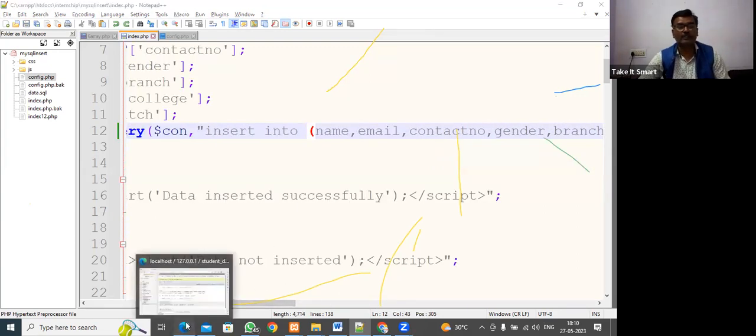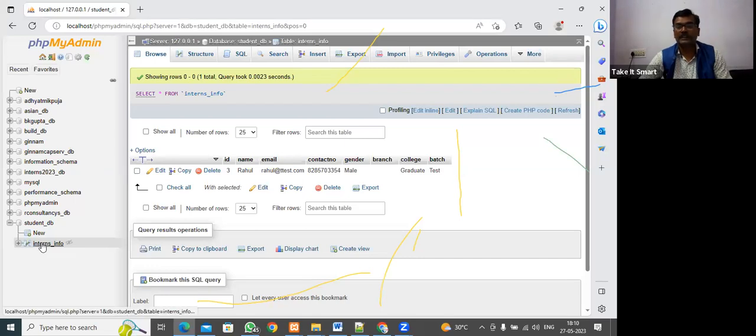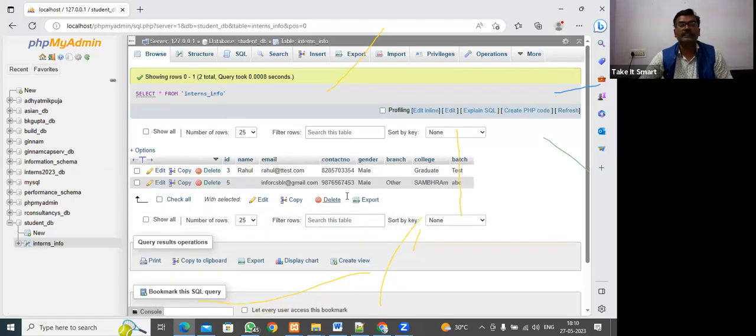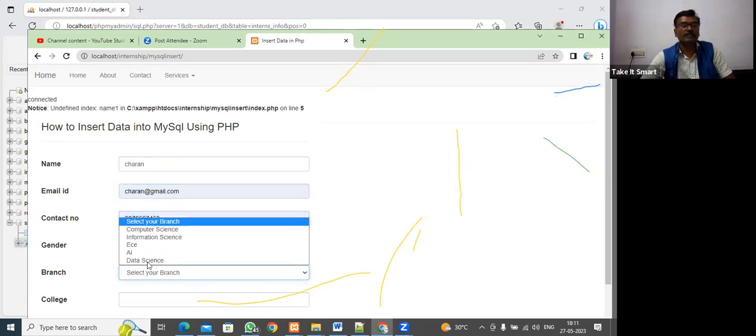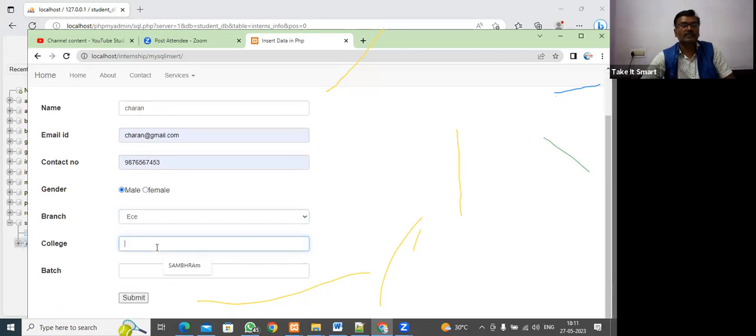So really did data go to the database? How can we check? If we click here, so I see this data came here. Batch is ABC. Number also we can pass. Number we can give here. Now, name Charan, email ID Charan, okay, my phone number is this, branch is ECE, here Samram, here 24,